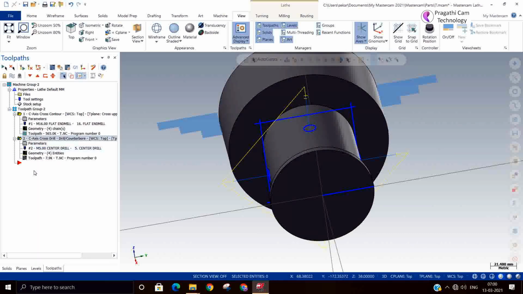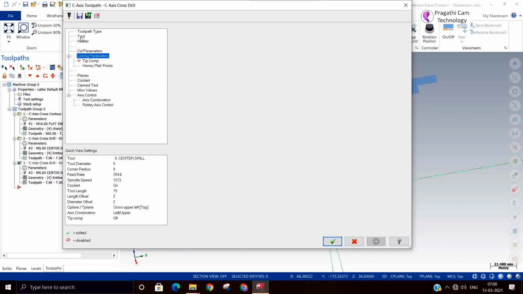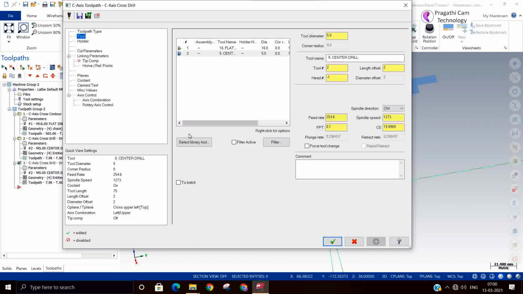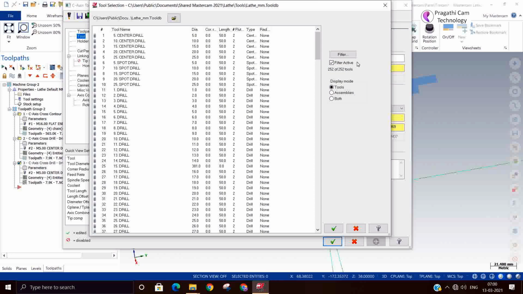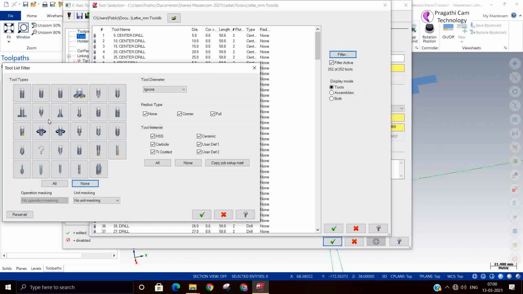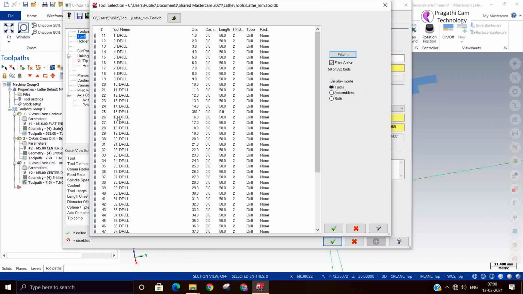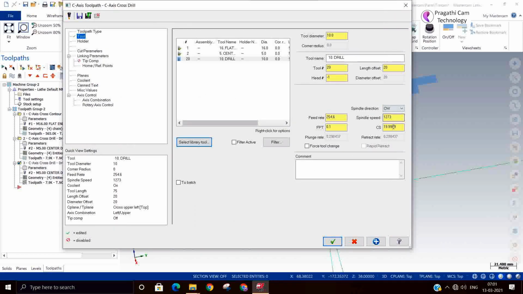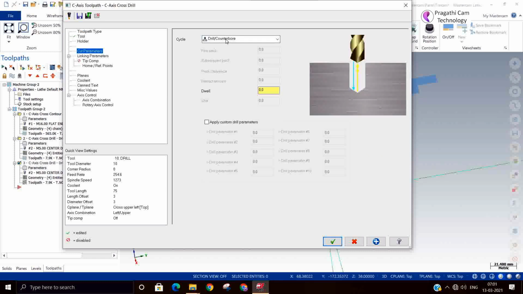Okay. So I will just copy it and paste it and change the tool number. It's a 10 diameter. Based on that, you can change the parameters. Tool number 3, and feed rate and spindle speed. Now here you change it. Peck drilling: first peck 4 mm, and the next peck you can modify accordingly.